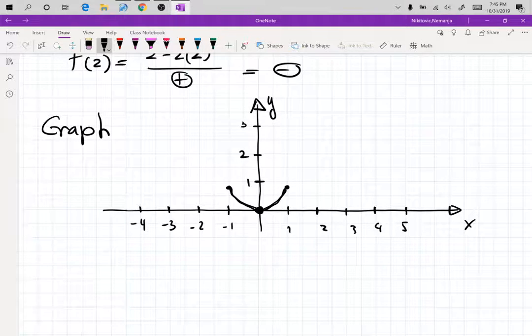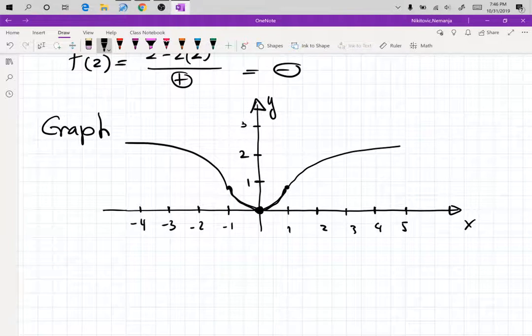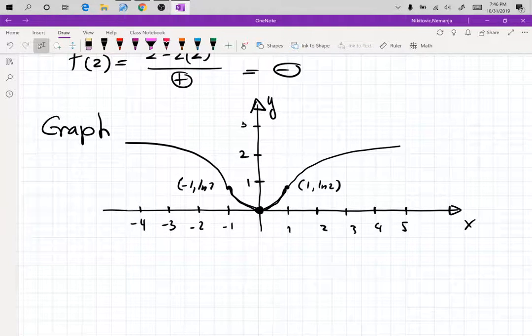And then to the sides it needs to be concave down, so you will just go like that. Try to make it symmetric. So this is your 1, ln 2, negative 1, ln 2, your 0, 0,